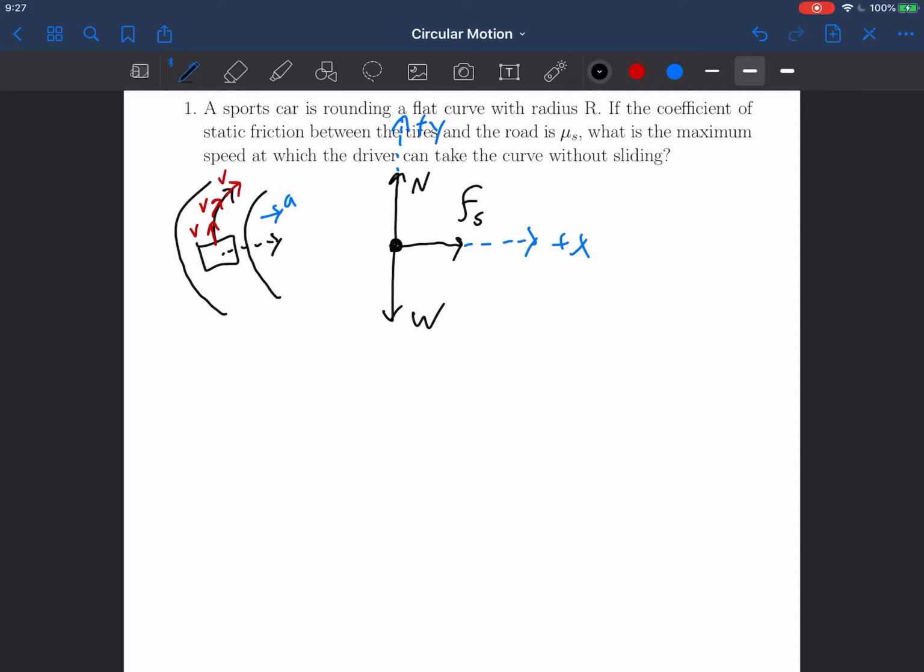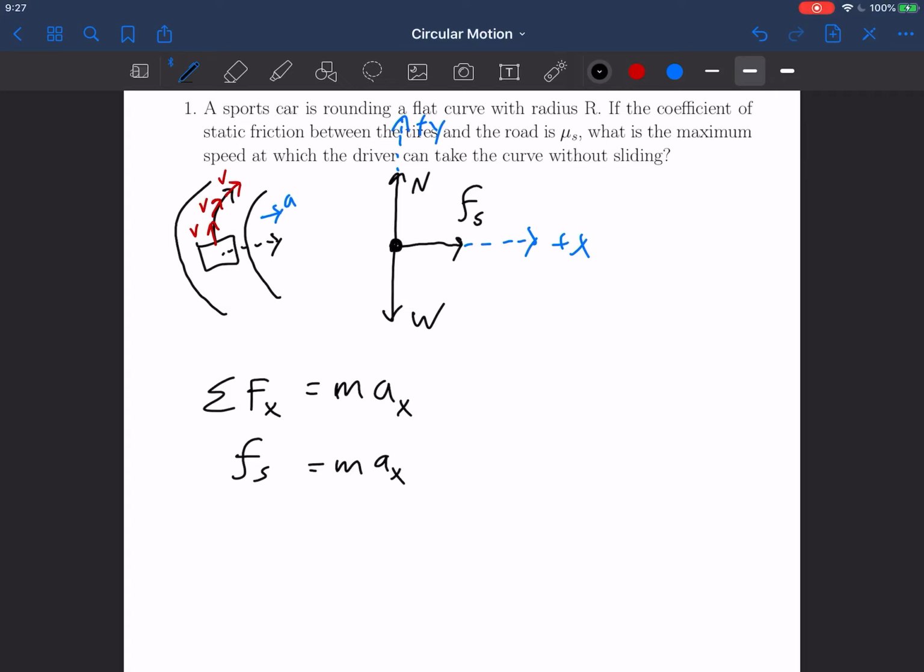Okay, so in the x direction, the sum of the forces in x is equal to the mass times the acceleration of the car in the x direction. As I've drawn it in the free body diagram, we only have one force in the x direction. It's in the plus x direction, so I just add that in here. The sum of my forces is just equal to the force of static friction, and that's equal to mass times the acceleration of the car in the x direction. Okay, at this point, we can realize that